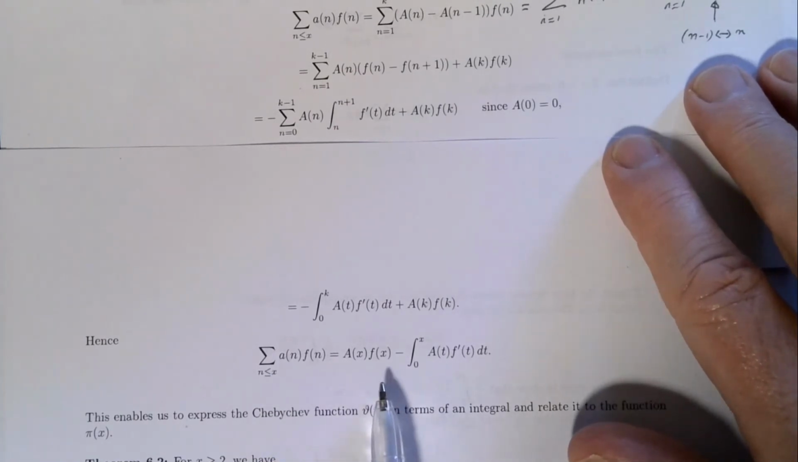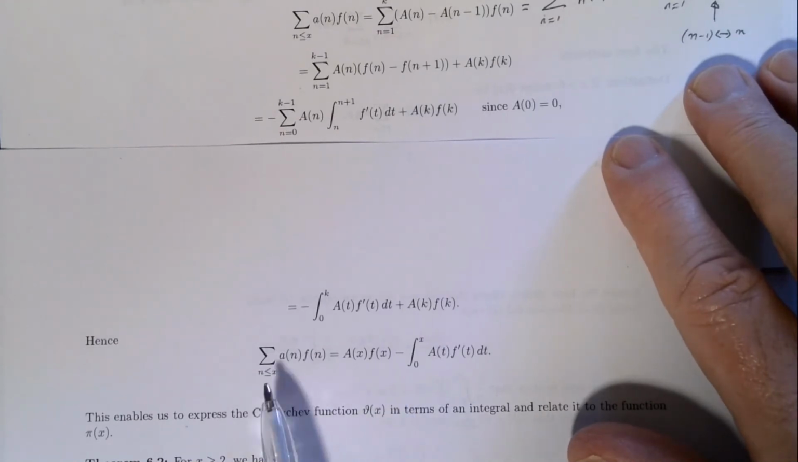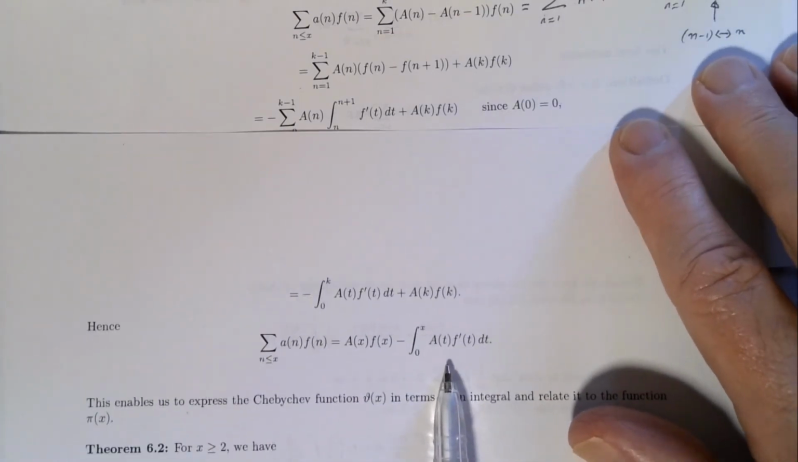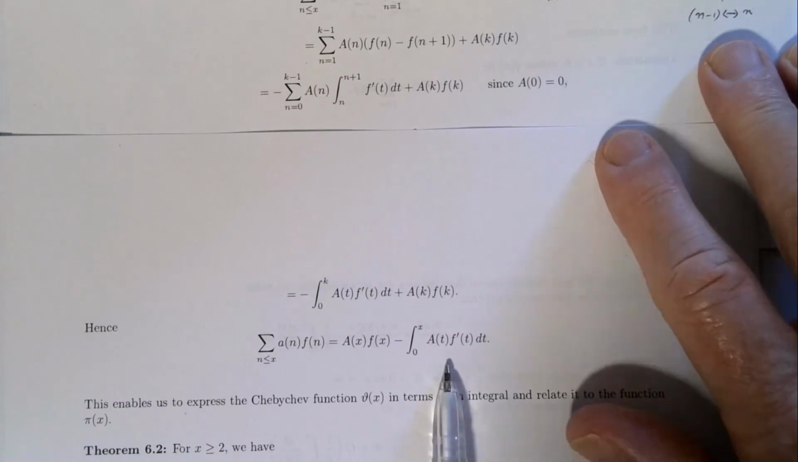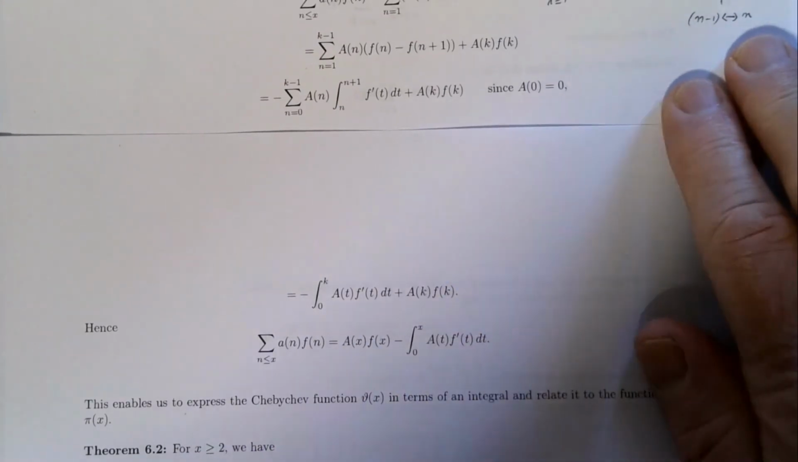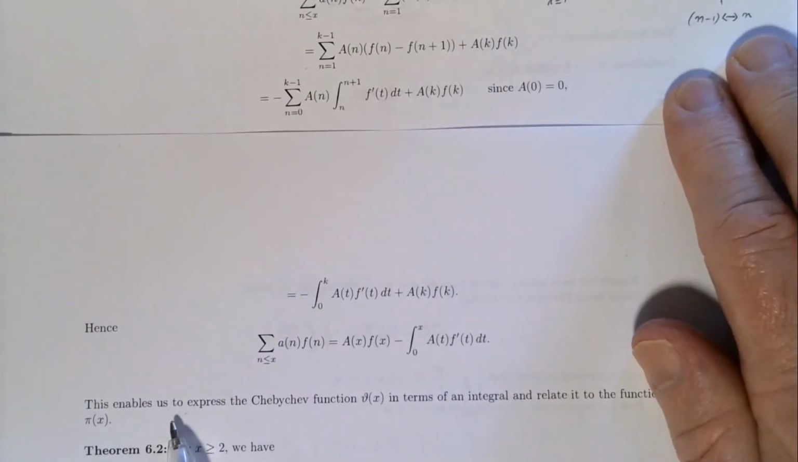replacing the k with the x, because k was the floor of x. We get A(x) f(x) minus this integral, and that is the version of the Abel summation formula with y equal to 0. Now using this technical